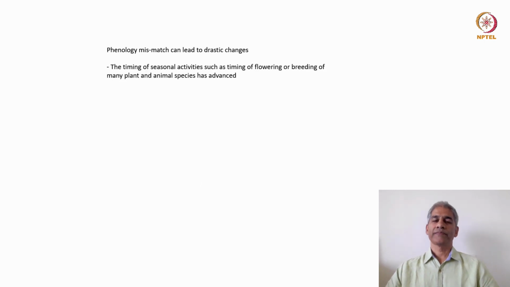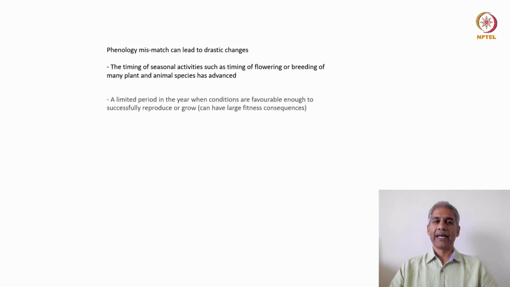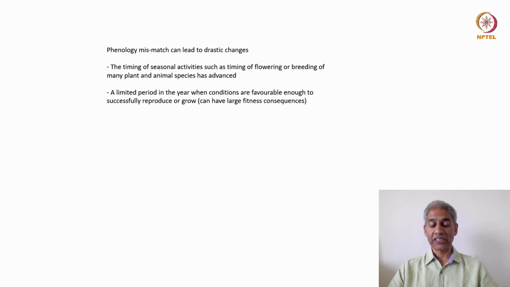So we now know from many studies that the timing of flowering or reproduction has advanced for many plant and animal species. And this is important because, especially for reproduction, there is a limited period or an optimum time in the year when conditions are favorable enough for reproduction. And so if this window of opportunity is missed out, then this can have very large fitness consequences for the